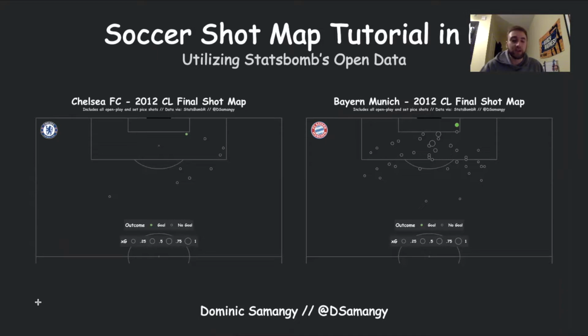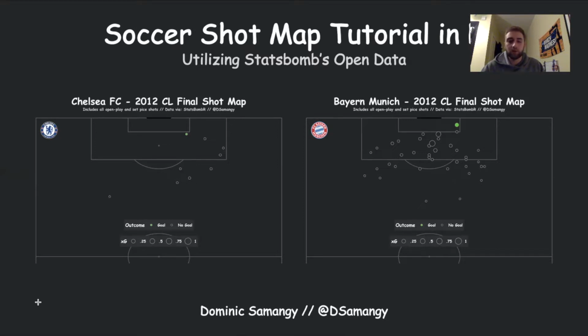We're going to be using StatsBomb's open R package again, like we did with, I believe, the past maps. We did the Liverpool Tottenham Champions League final. So today I'm going to throw it back to the first Champions League win for my club, Chelsea, and show you how to create shot maps based on the data from that game. Thanks to StatsBomb and their open data, which is a huge help to anyone looking into not just soccer analysis,